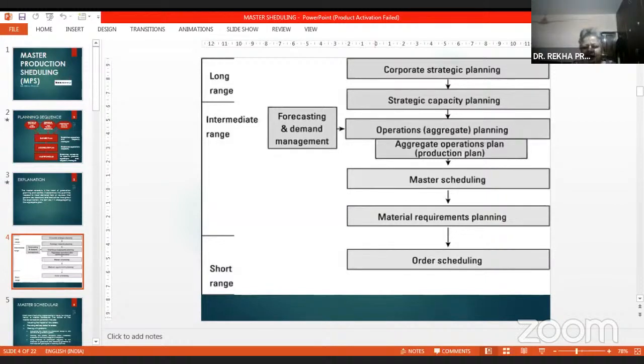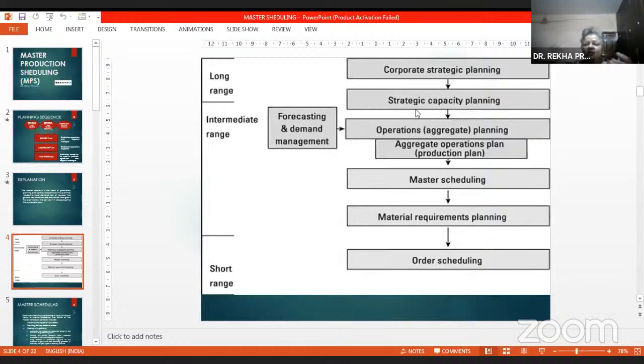As I have already explained, long range is your ultimate goal, that is the strategic planning. Then you have the intermediate range, which is the tactical planning, and then you have the short range, which is the operational planning. In the long range, you have corporate strategic planning, what they want to produce. Then what is their capacity?